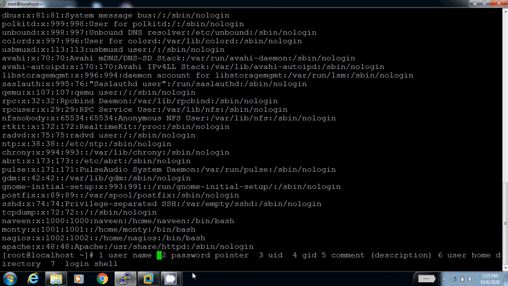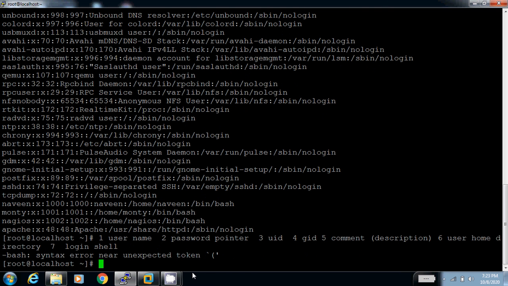In the Linux operating system, a user has two types of shell.